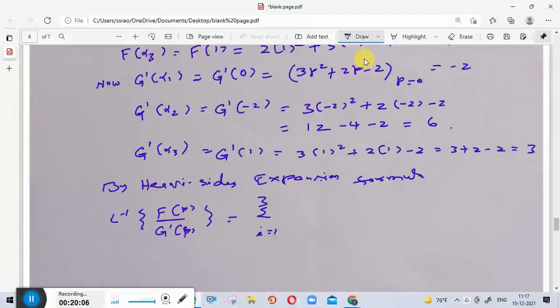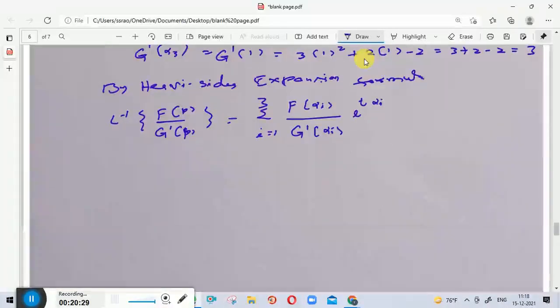Here we have 3 distinct roots of g of p, so i is running from 1 to 3. f of alpha i divided by g dash of alpha i into e power t alpha i. Okay. So that is equal to